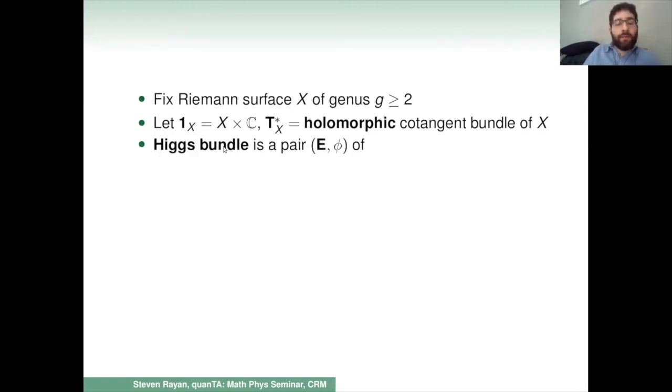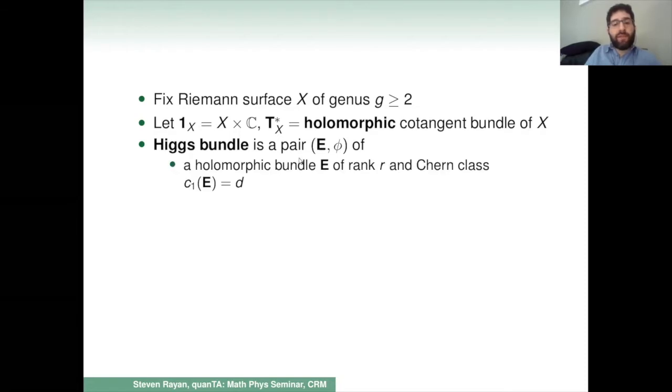Now, a Higgs bundle, this is sort of a main player in this subject. I'll tell you how this connects to Hitchin systems in a short while, but a Higgs bundle is a pair of data. First of all, we fix a holomorphic bundle. It's a smooth bundle with the extra data of a holomorphic structure of rank R. So the fiber looks like C^R, and we'll fix its Chern class, regarded as an integer. I'll fix it to be some integer D.